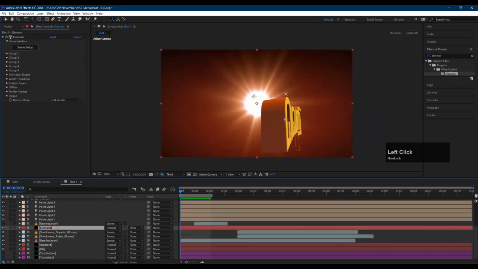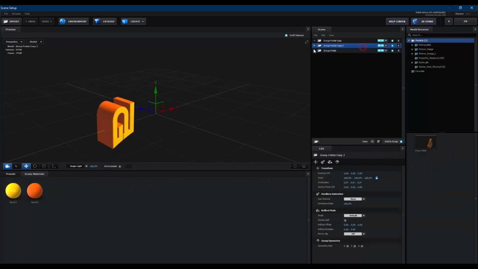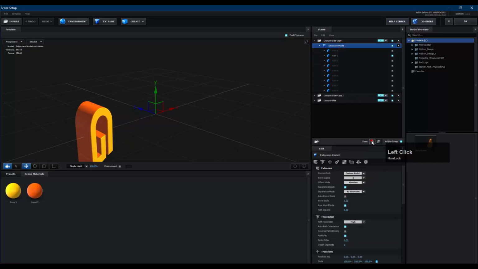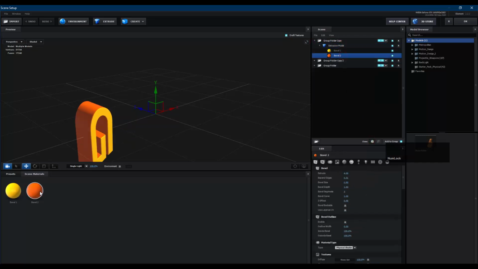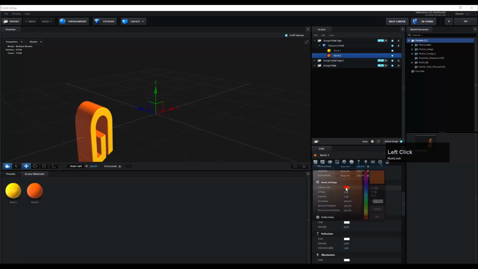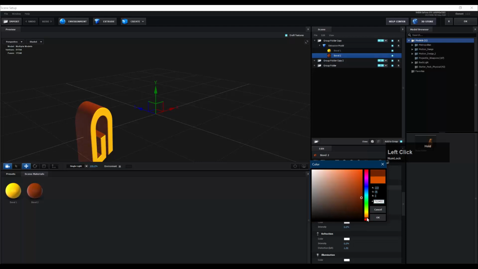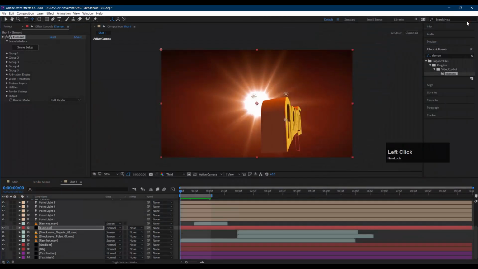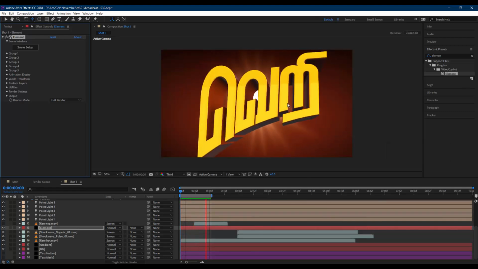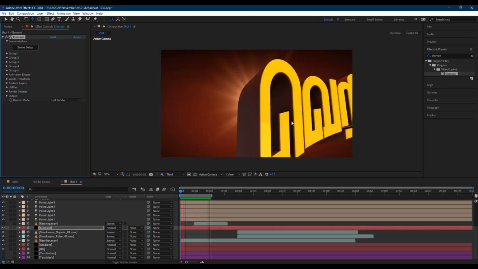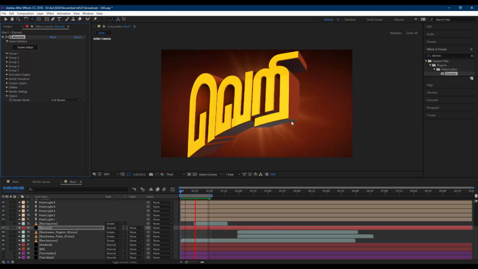Then let's go back to element once again, and let's try. Let's select this, and then let's select this, and then let's change this value. Let's darken this a little bit, something like this, and click OK, so that it can be visible a little bit better. And then